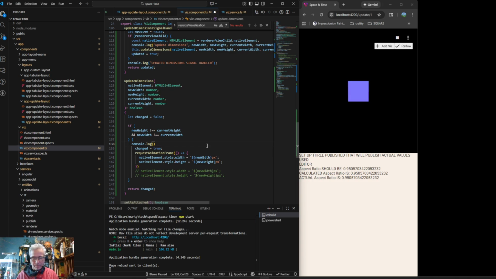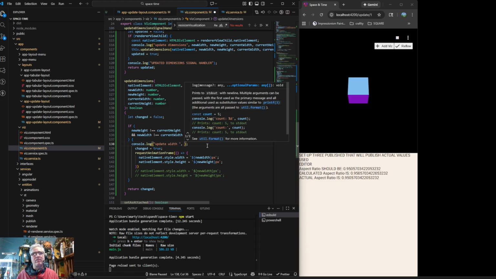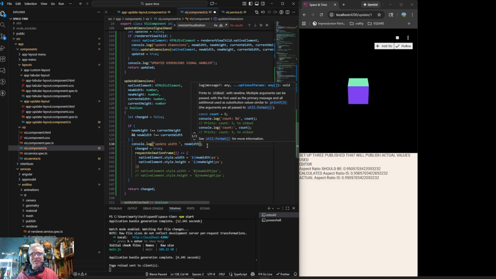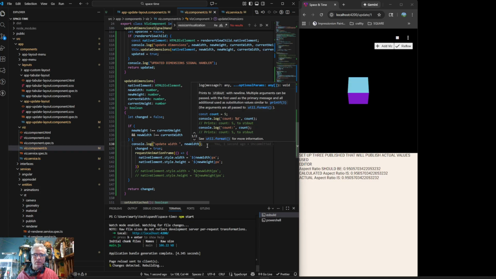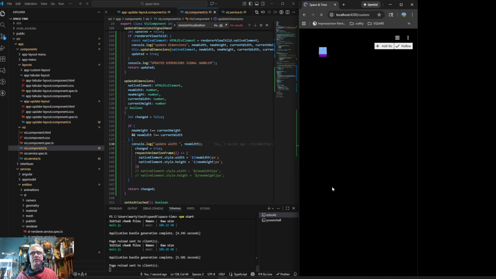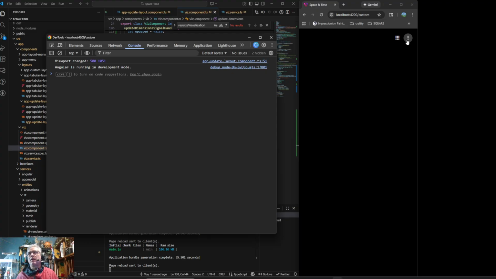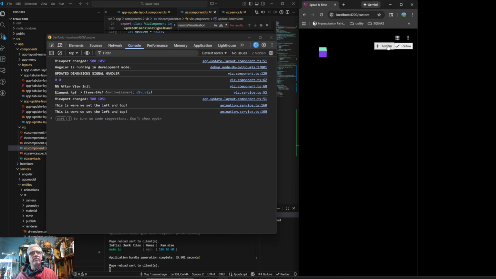console.log. And the width is the only one that's changing, so we'll just look at that. Console log update width to. Obviously this doesn't even make a difference because it doesn't actually solve our problem, but we definitely do not want to leave this messed up the way it is right now. Maybe we won't even need it, but if we do need it, we definitely want to see